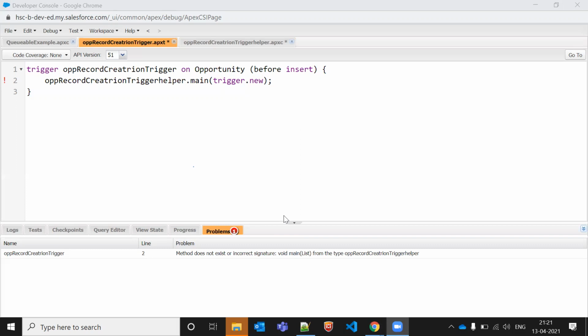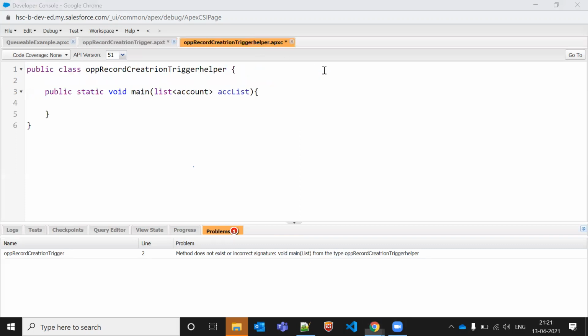That is list, right? Can you open that helper? Yeah, no. Trigger dot new is a list. It is list. We need to pass that list, Majid. Not trigger dot new. Trigger dot new is also a list, na? It's very simple, like you are not able to see, but it's very simple. It's visible, directly visible.